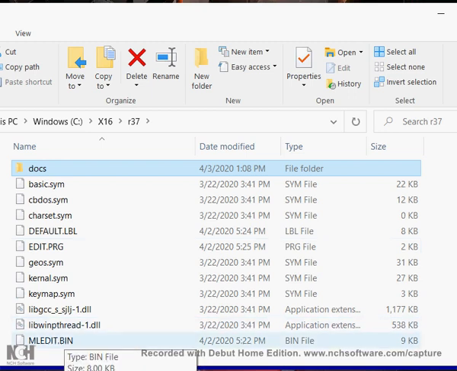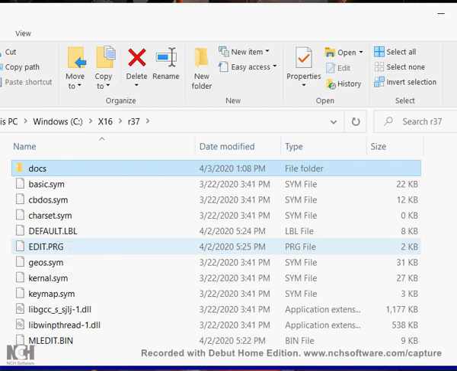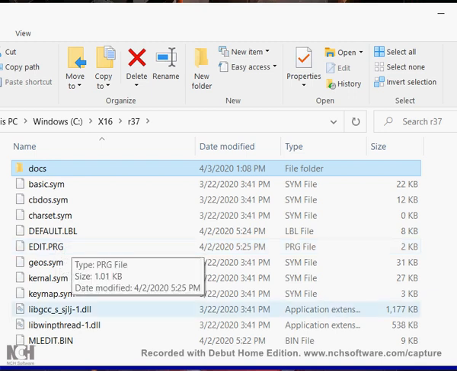mledit.bin is the actual editor itself. It lives up in paged RAM. Default.lbl is the metadata file, and right now it's in 8000 to 9EFF. That'll change in the next version. Hopefully it won't take as long as this version took to make. And edit.prg is our bootstrap file. It lives in 0400 to